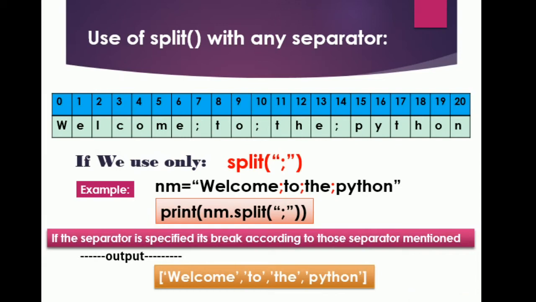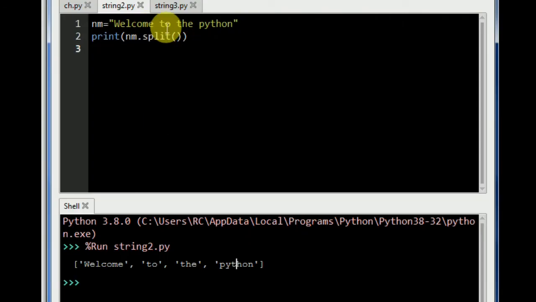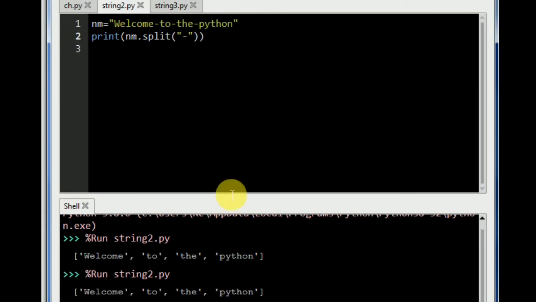I'm going to show you practically also. If we move to the Python, now there are blank spaces, so I put a minus sign. I put the minus sign as a separator. Now inside the split, in double quotes, I pass minus. Now if I execute this line, it will work in the same way. Look, whatever sign you have passed inside the string, you have to pass inside the split also, and it is going to break the words according to that separator that you pass in the double quotes inside the split.